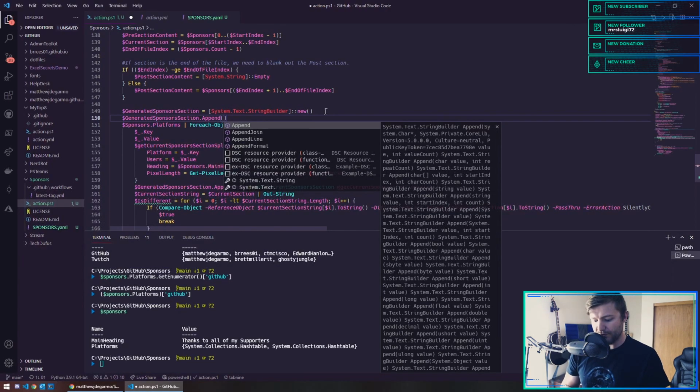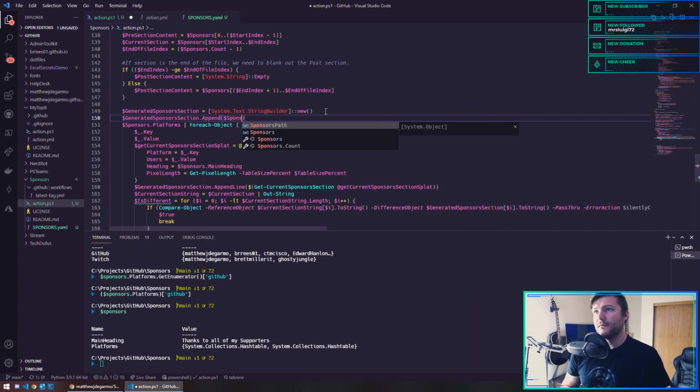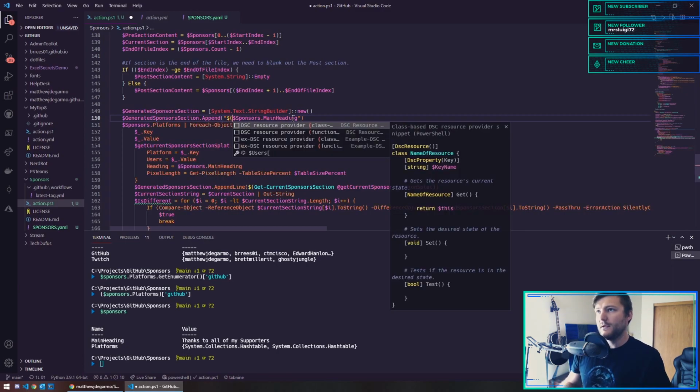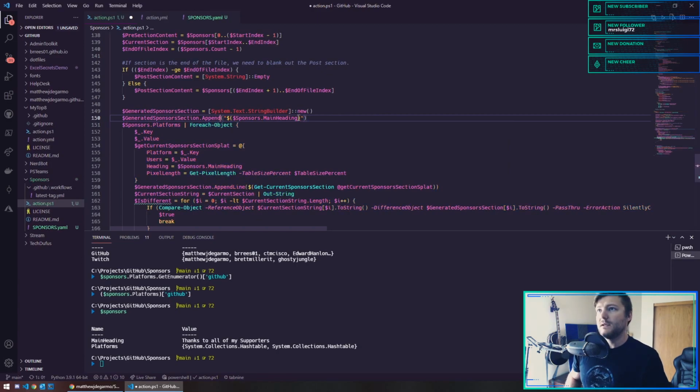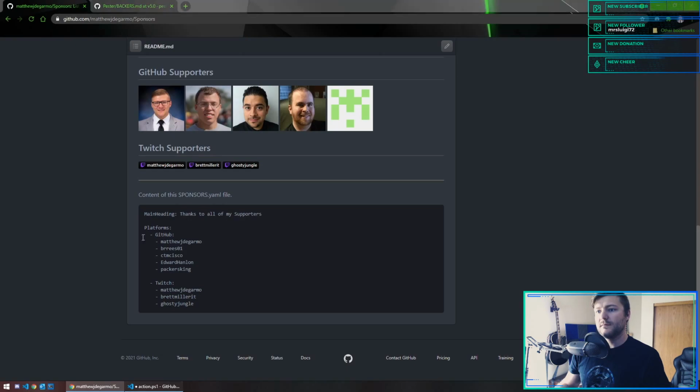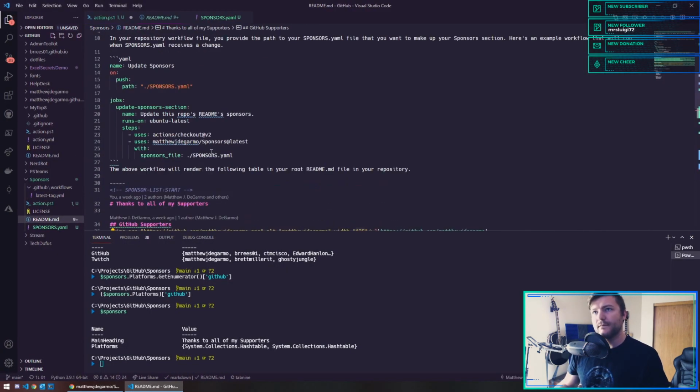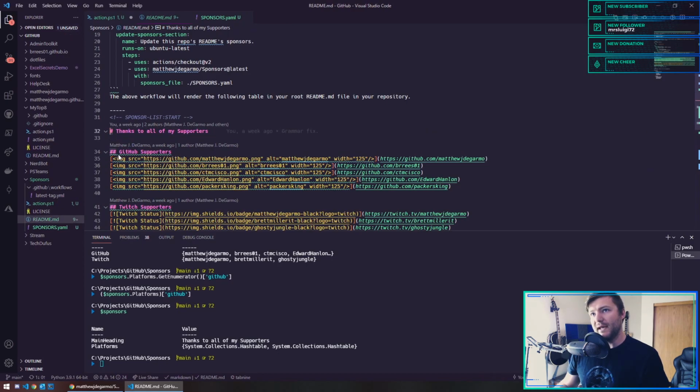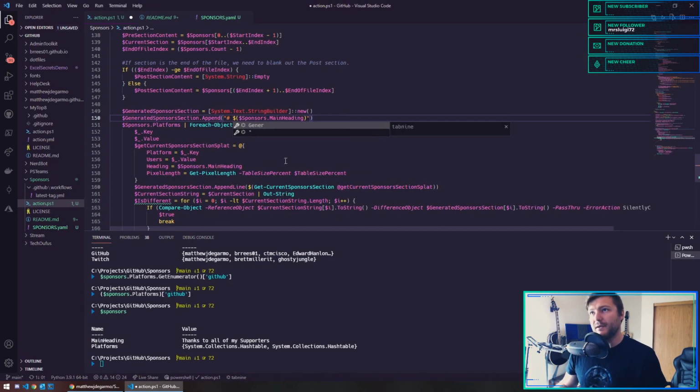Append, and then here we will just put sponsors.main. Let's wrap that in that, and then what this is going to be. Yeah, it's a one heading, and these are twos. So we will have a hash right there. Make sure that's treated literally in PowerShell. Okay. Well, it's in quotes, so we're good. So to add that heading one time,